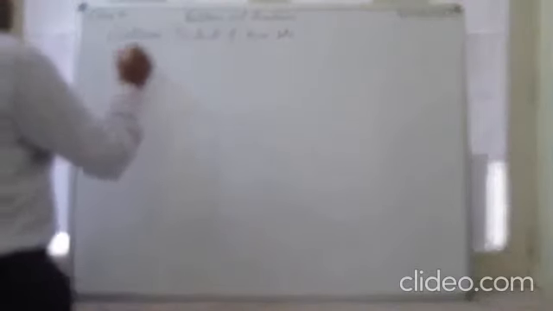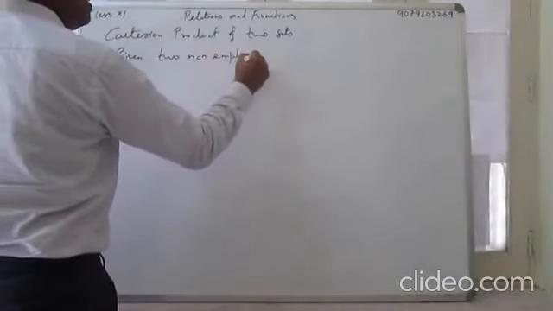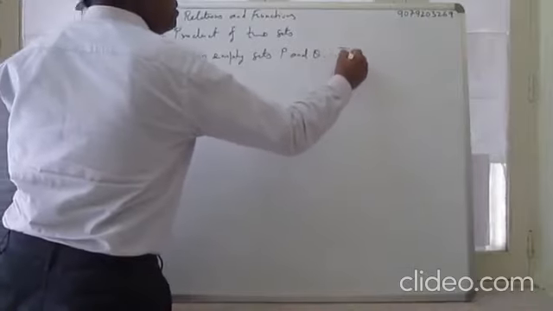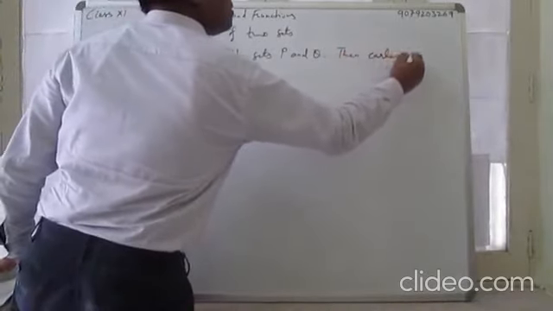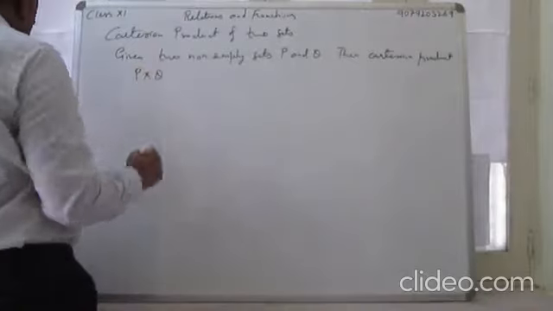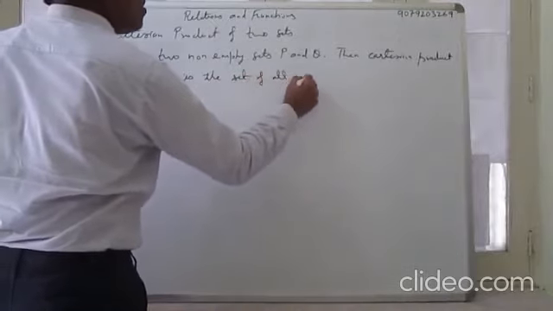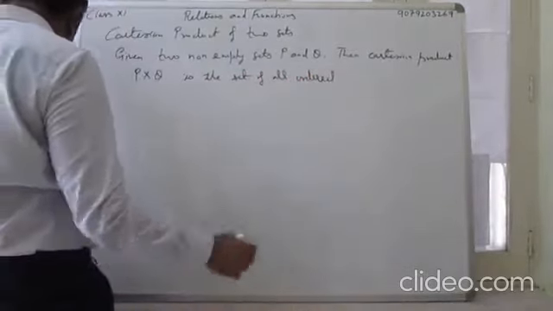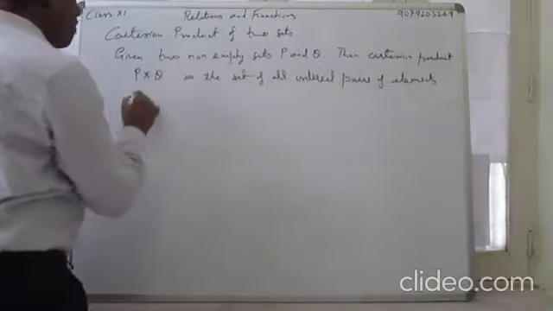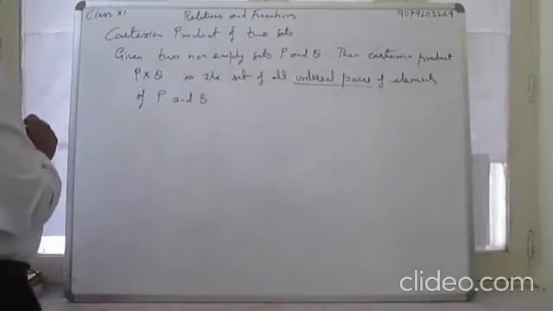Definition: given two non-empty sets, P and Q, then the Cartesian product P cross Q is the set of all ordered pairs of elements of P and Q. Set of all ordered pairs of elements of P and Q,